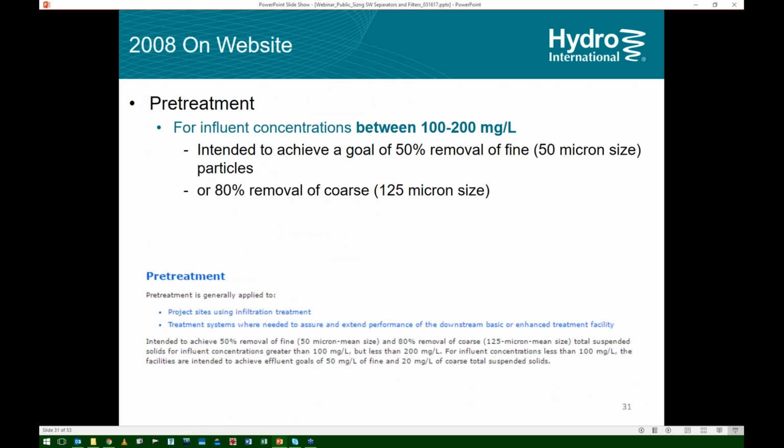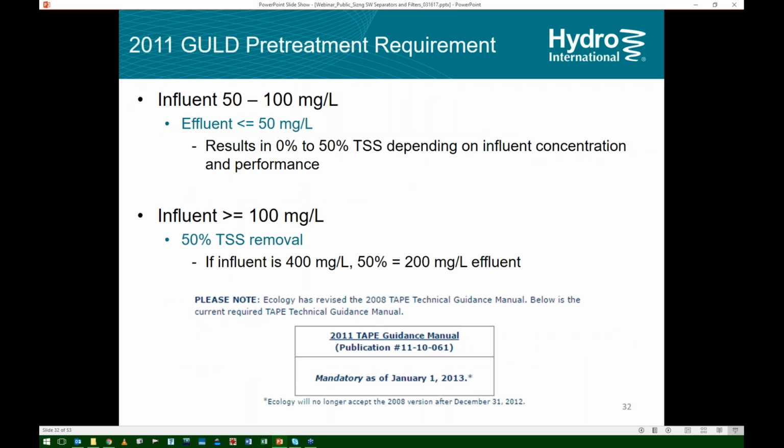So the old TSS limits, as pretreatment, when it came in between 100 and 200 milligrams per litre, was intended to achieve a goal of 50% removal of fine material and 80% removal of coarse. Now, so you had some assurance that you're getting 80% TSS in there. The current standard,